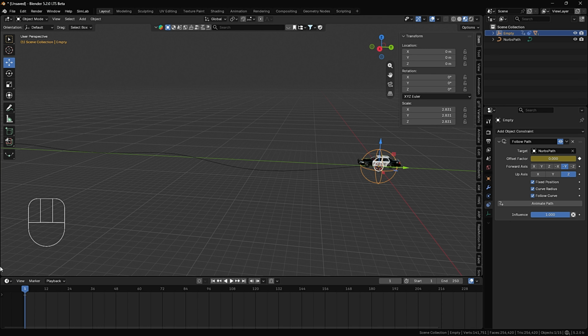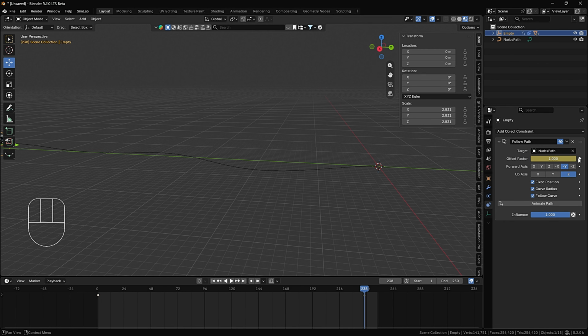To create a final animation, just add keyframes to your offset value, hit the spacebar, and watch your car drive